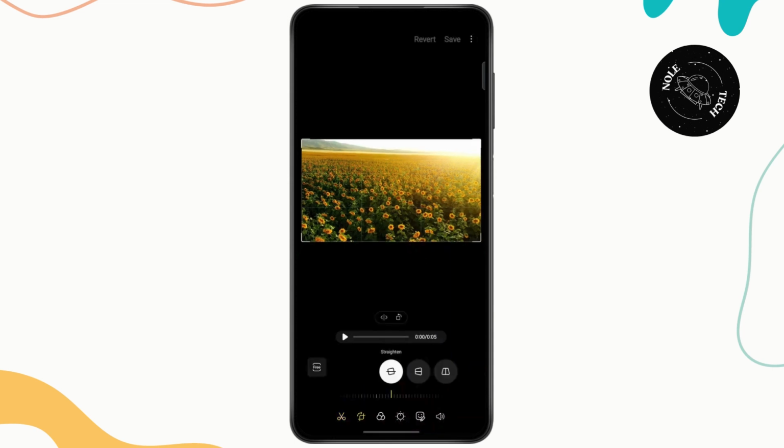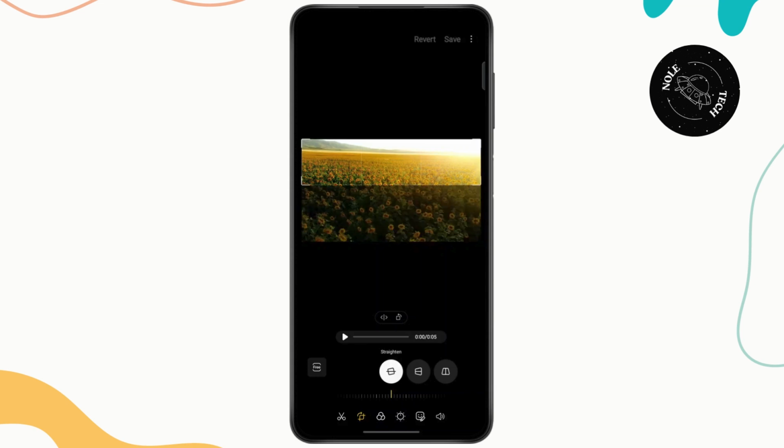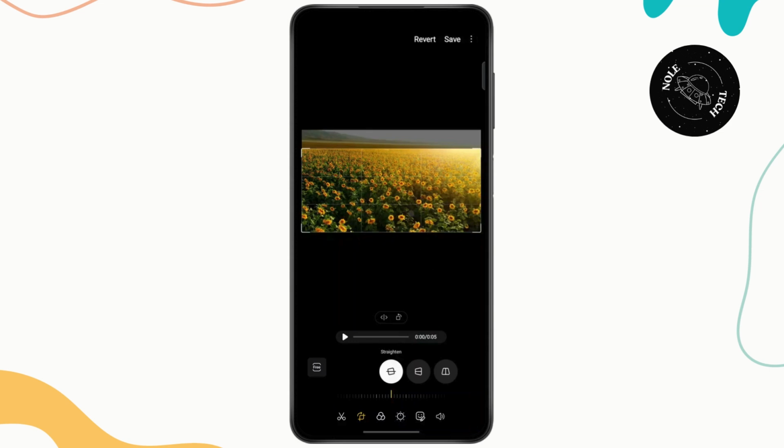Now just tap on this crop icon and you'll be able to crop the video according to your choice. So let's say if I just want to cut out this bit right here and just want to view the sunflower field, I'm just going to go ahead and crop it out like so. And you could also change its angle if you want. You could straighten it a bit, change the perspective of it,